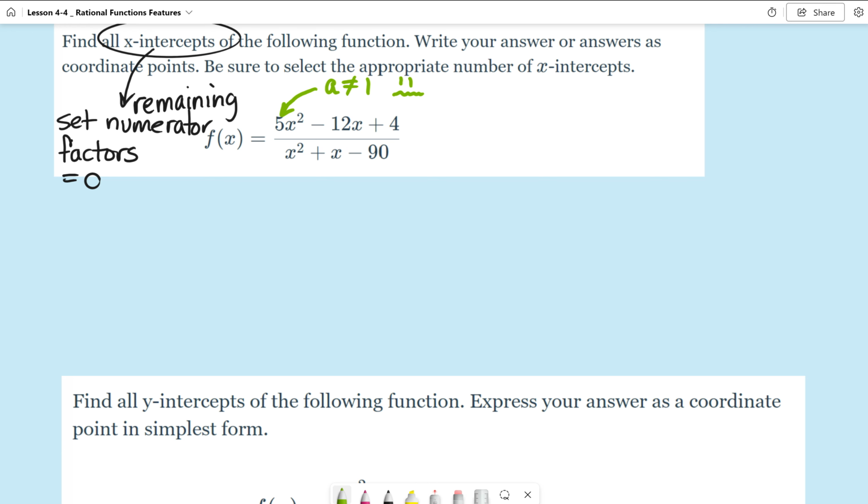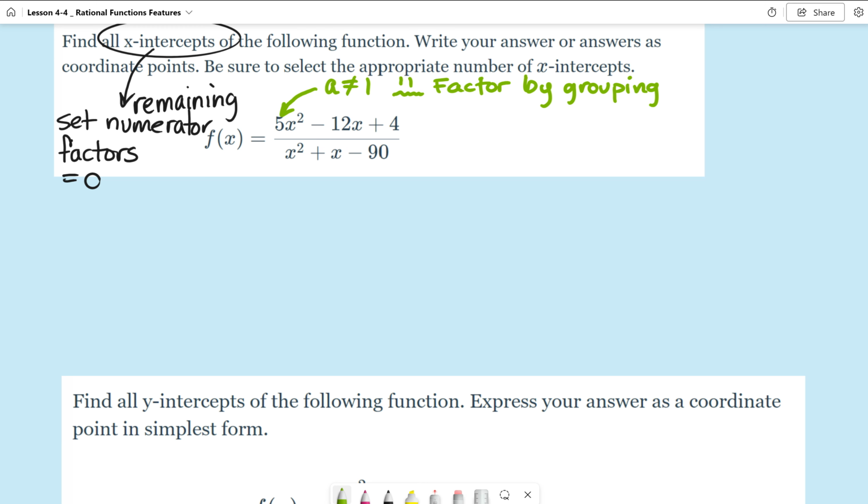And so I need you guys to please make a concerted effort to remember how to factor trinomials when a is not 1. When a is not 1, we cannot just go ahead and put our parentheses and put the values in. We actually have to do some factoring by grouping. So I'm going to put this note here. Wow, I can't spell factor. I need you to factor by grouping. Okay? So let's refresh your memory. And we've been doing this quite a while, so please make sure you take good notes